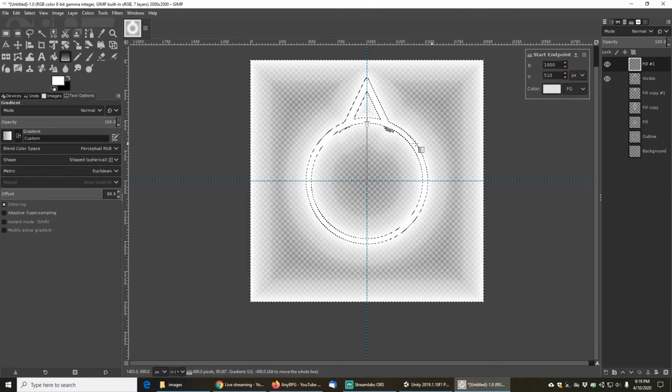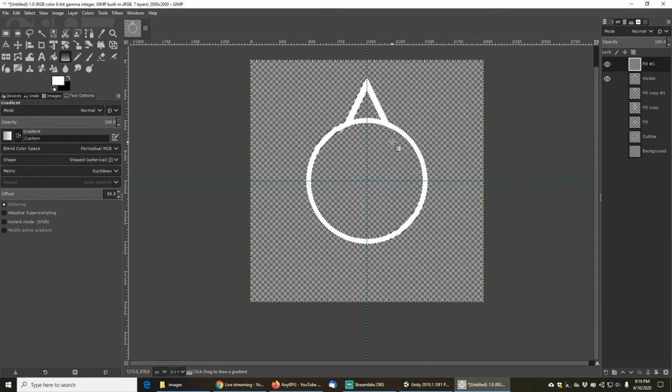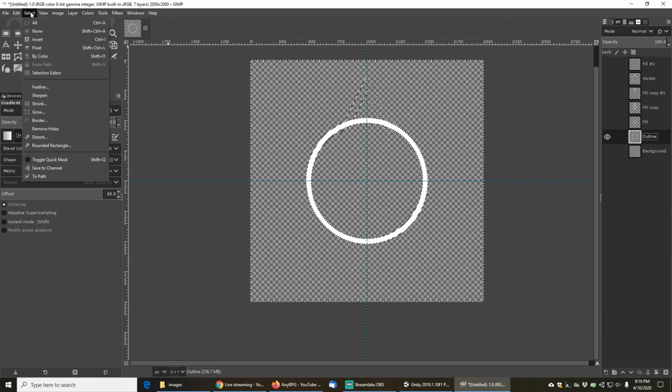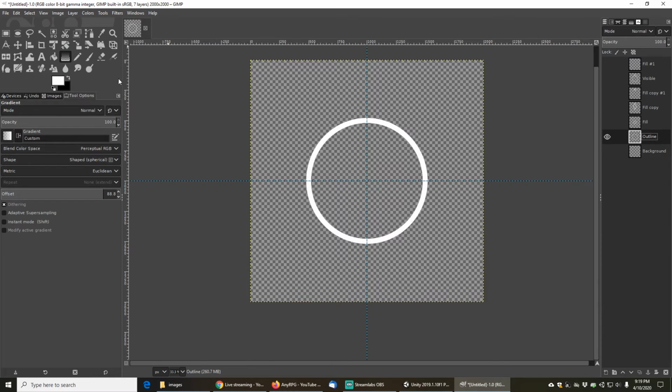Okay, so this looks pretty good, except for the fact that our gradient is basically missing right here. So let's actually just fix that up real quick here. Let's go to the outline here. We'll set that layer to visible. We'll go select none, and